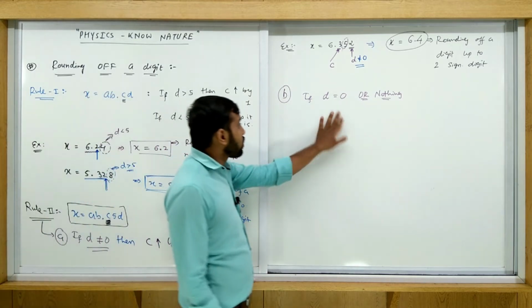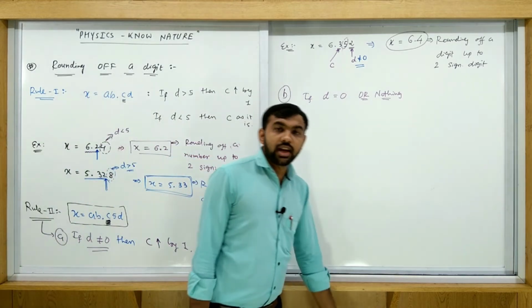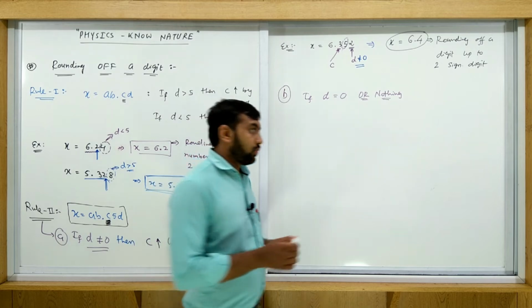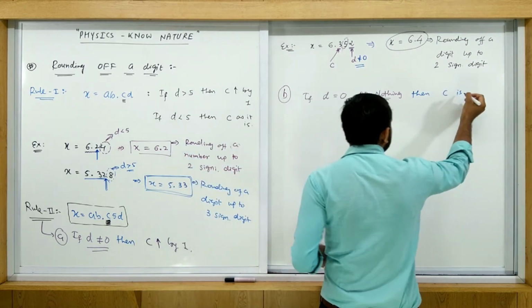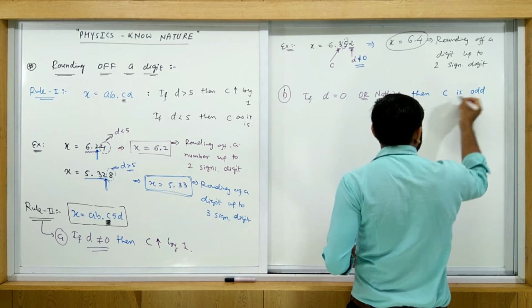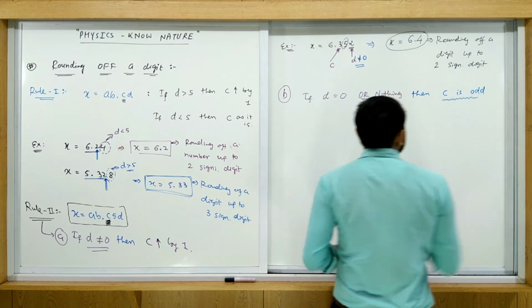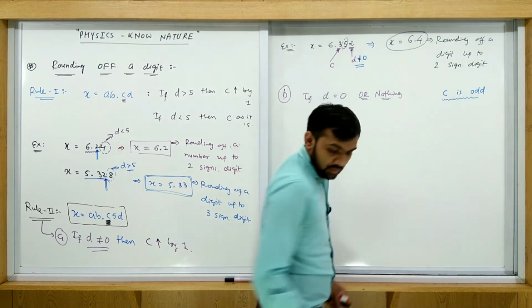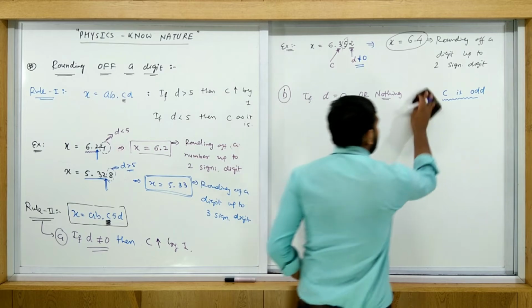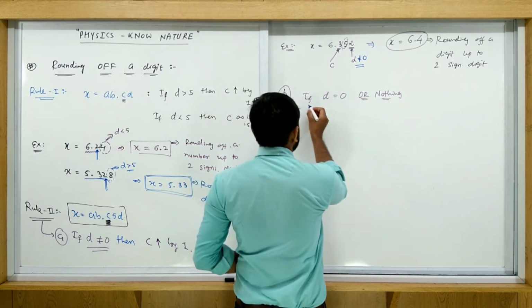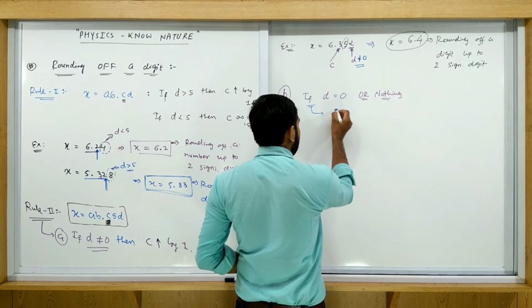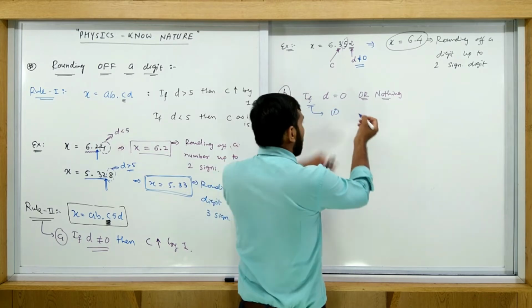And if D is equal to 0 or nothing, then we have again 2 rules. Then C is odd. Here we have 2 rules. You just consider that we have 2 rules. If D is equal to 0 or nothing, then we use this rule here again. If D is 0, then